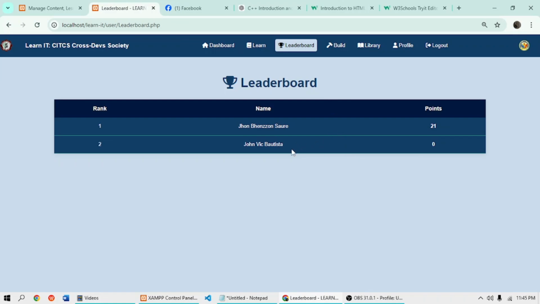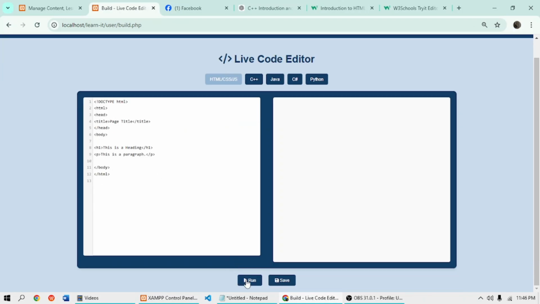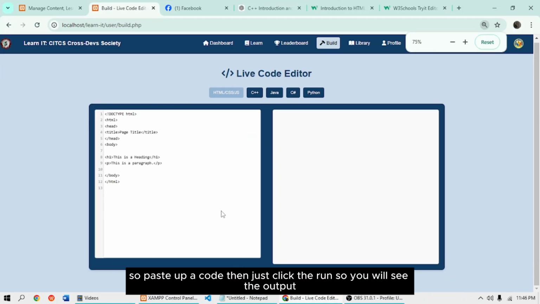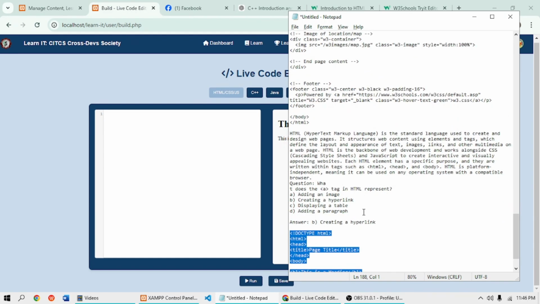So let's go to the build. Here you can make a simple program. So paste a code, then just click the run, so you will see the output. Okay.